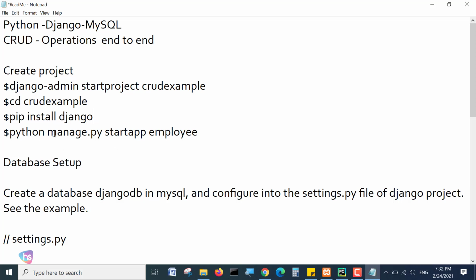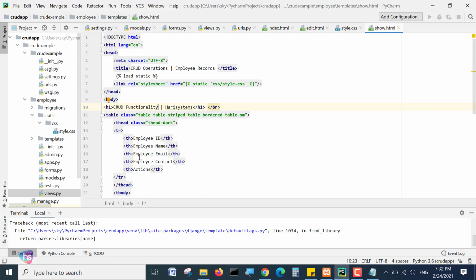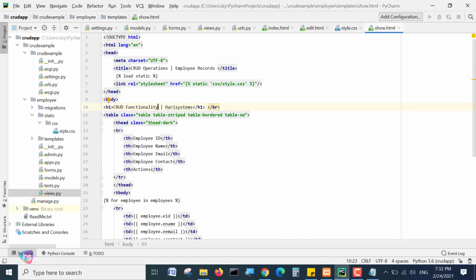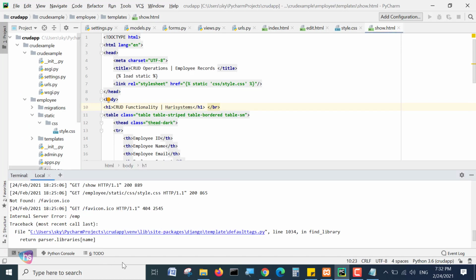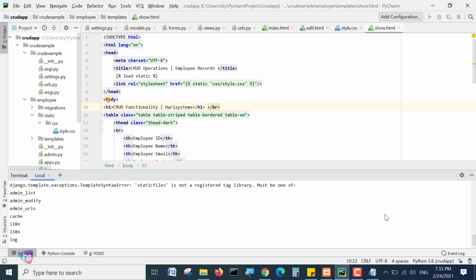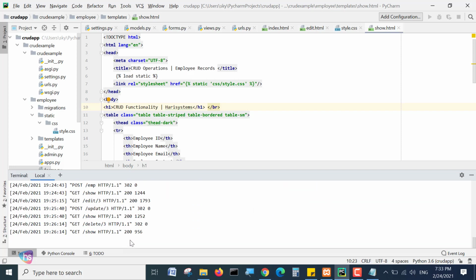And next, python manage.py startapp employee means we are going to be creating the employee application. These are all commands in PyCharm. See here below, you go to the terminal. At the bottom you will observe three things: Python console, Run, and Terminal. Click the terminal, and there you will find the command prompt.